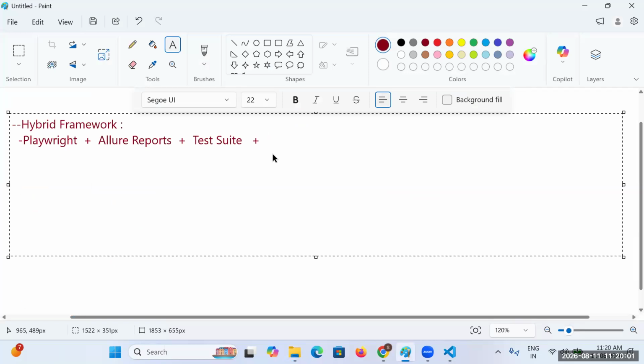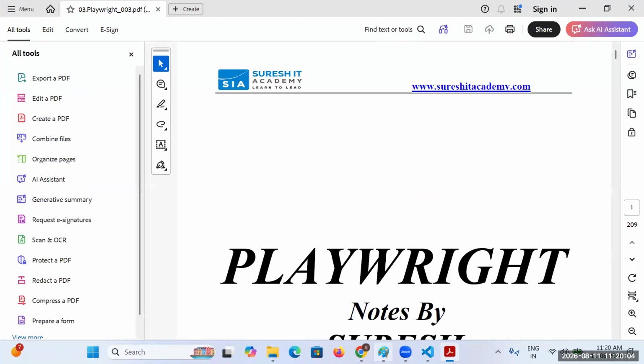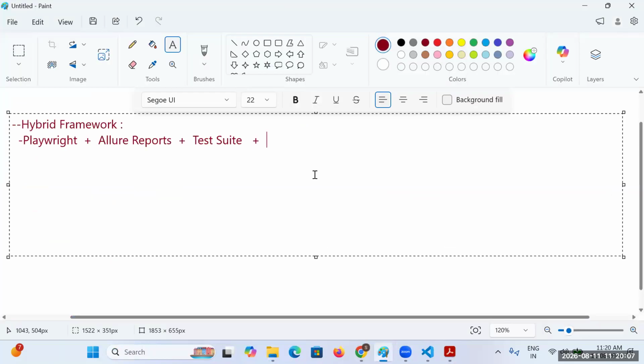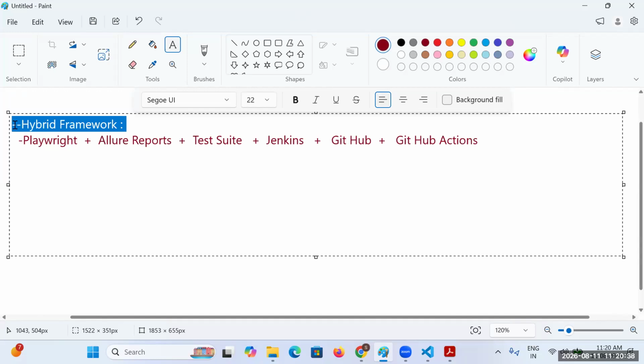We will consider Jenkins, which needs to be implemented. For Jenkins, I will go with implementing GitHub, and for GitHub, I will be taking GitHub Actions. That GitHub Actions needs to be integrated.